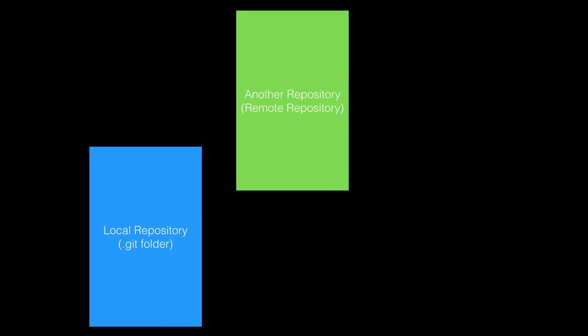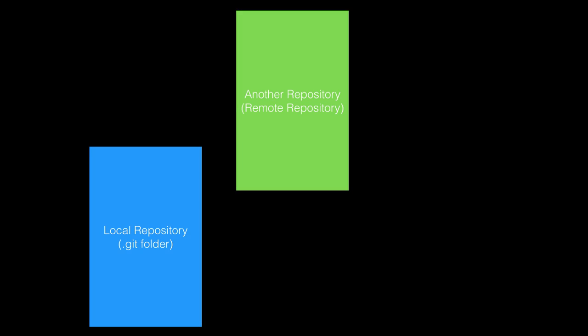So far, we've been working with our own local Git repository, which is stored in the .git folder inside of our project. Remember that a Git repository is like a filing cabinet for all of your project's snapshots or commits. A remote is simply a Git repository that is not on your local machine inside of your project. Using a remote repository is key to being able to collaborate because it allows you to have a centralized place